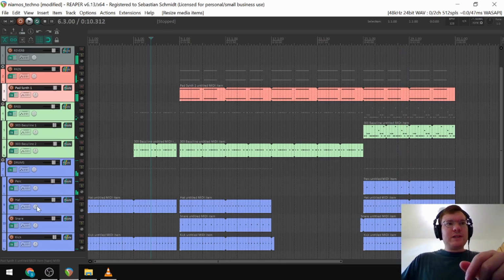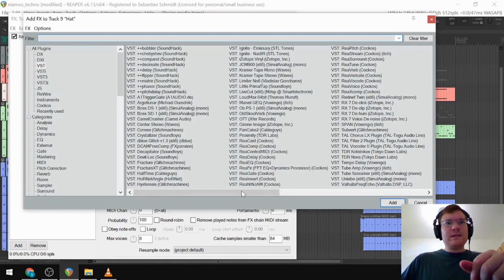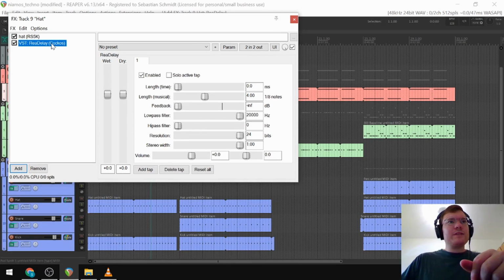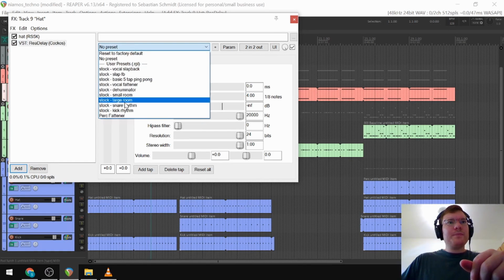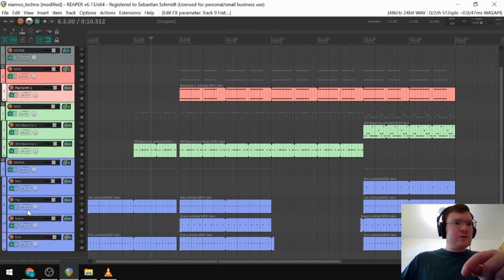One last thing I want to add, because I feel like we can have a bit more excitement in the hi-hats. So I'm going to add a delay to the hi-hats. I'm going to go for that snare one that we used before. I'm going to take it down to like -16. But what we're going to do is do a special trick using the trim